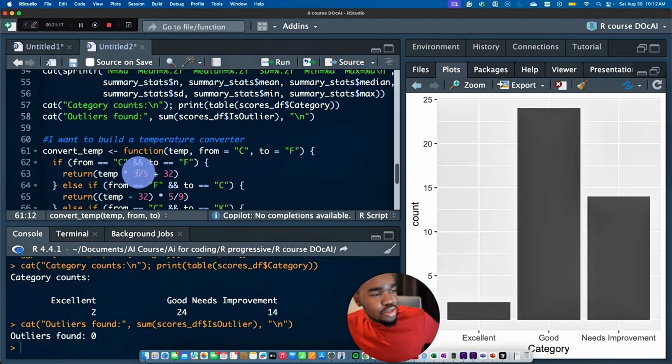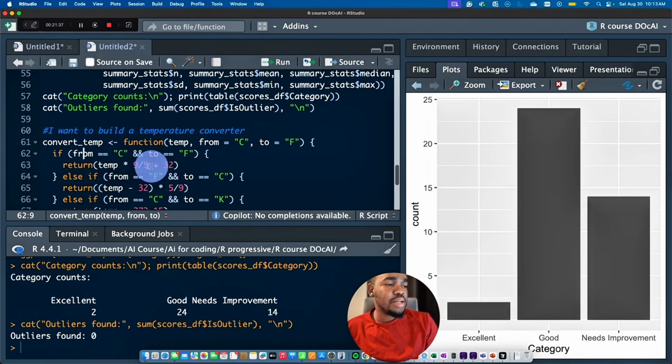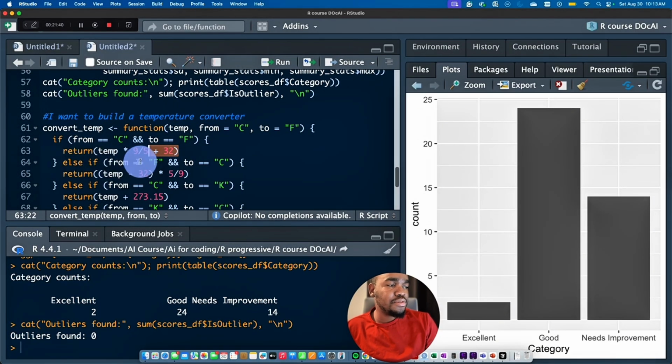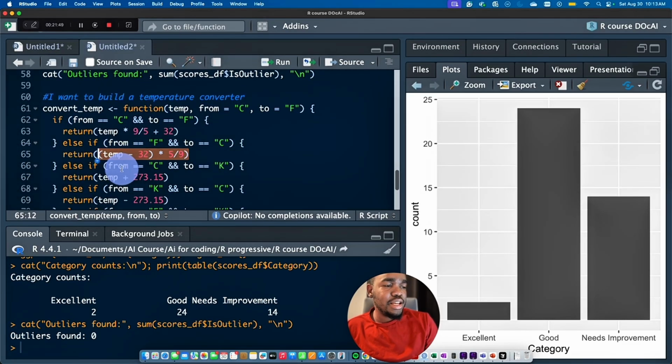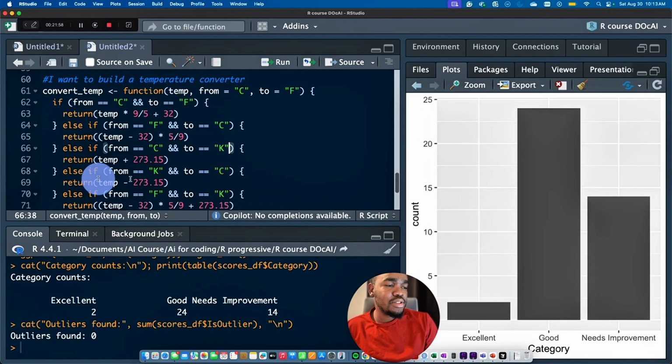So let's just look at this code that it gives us. So convert temperature, it's creating a function. The input is temperature, from, to. So if from is equal to C and to is equal to F, that is Celsius to Fahrenheit, return temperature times, so this is the formula for that conversion. Else, if from is F to C, return this. This is the formula to convert from Fahrenheit to Celsius. Else, if from is equal to C and to is equal to K, so Celsius to Kelvin, this is the formula. Kelvin to Celsius, this is the formula. So it just